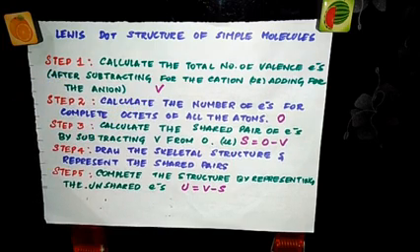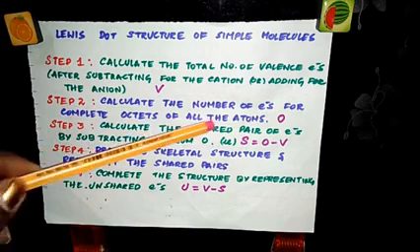In step 2, you have to calculate the number of electrons for a complete octet of all the atoms. For example, if you have carbon dioxide, for carbon 8 electrons and for 2 oxygens 16 electrons. So totally you need 24 electrons for the complete octet. Let's represent the octet electrons as O.